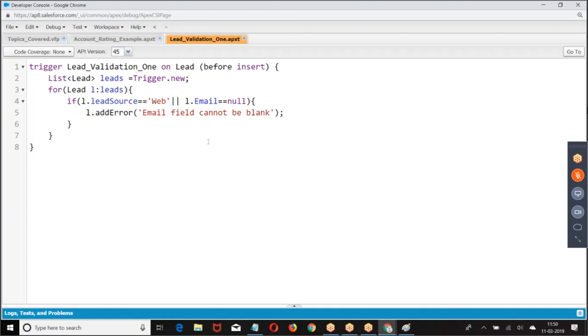Look at my validation. My validation is on the account object and contact object. Whenever we are creating a new contact, verify how many contacts are there for the account. If there are already 2 contacts, the third contact should not be inserted. My rule is maximum 2 contacts can be inserted for any account. If you are trying to insert the third contact, it has to throw an error message. Did you get my point?